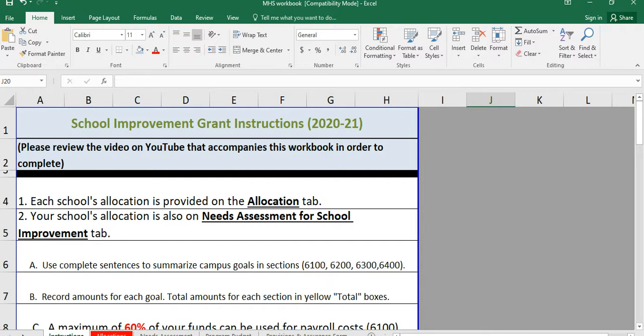So make sure that you start spending these funds, and you want to spend all of these funds by June 30th. So you will want to spend the majority of them during the year on the kids that need assistance. And also, if during summer school, you can use some of these funds for summer school. Again, keep COVID-19 in mind as you're filling this out. And again, make sure you do this in conjunction with your school assistant superintendents, and district personnel that you will be